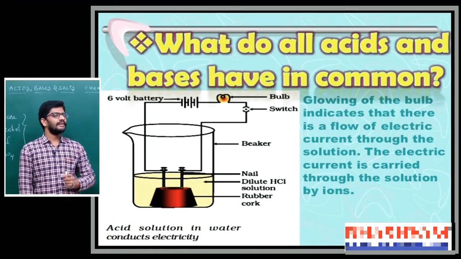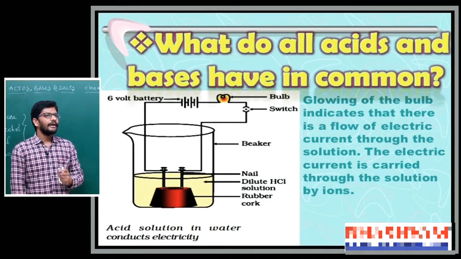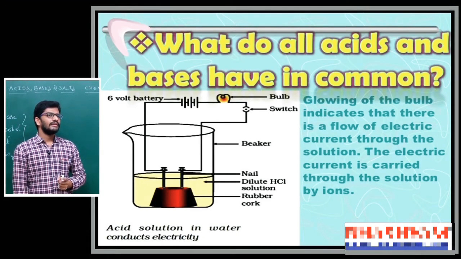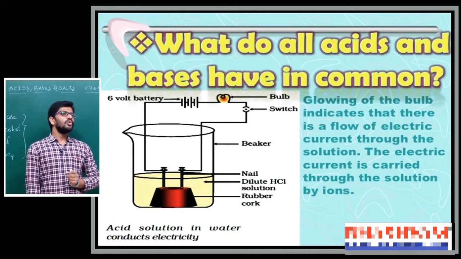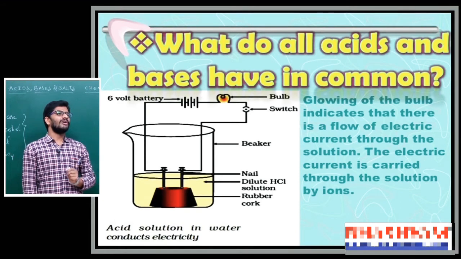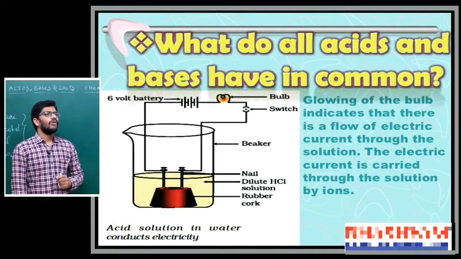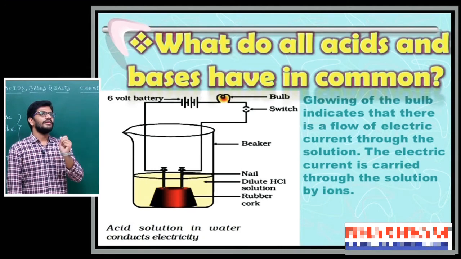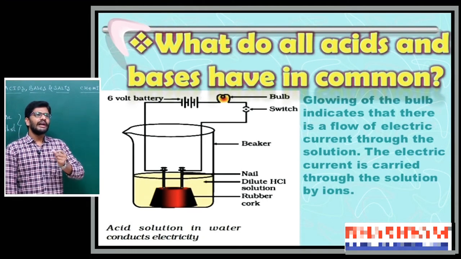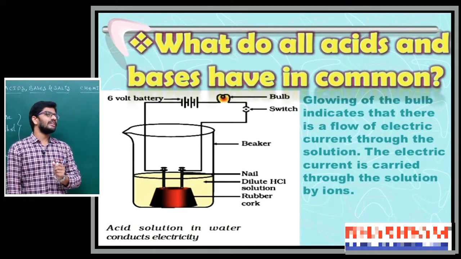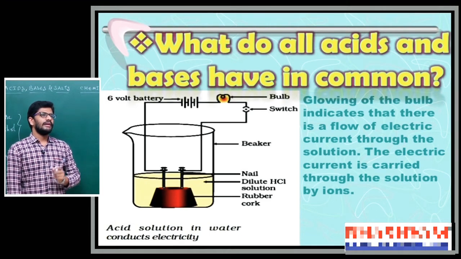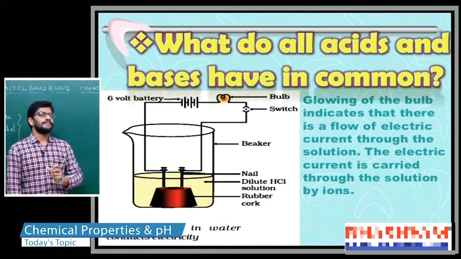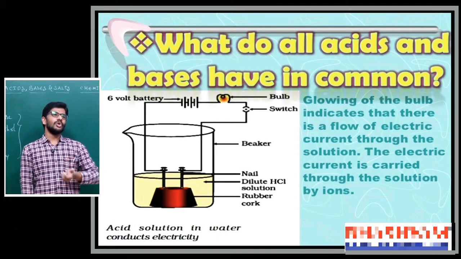First we consider a beaker. In the beaker I pour dilute HCl solution. For the experimental setup I take two graphite rods. Two electrical wires are connected to these rods, and a bulb is connected to one wire, and we apply 230 V AC current to the free ends of the electric wires. Then we observe. Now I am considering the acid solution.